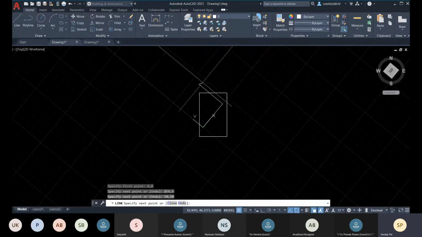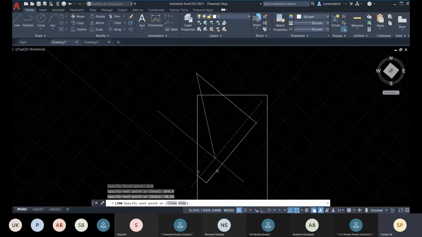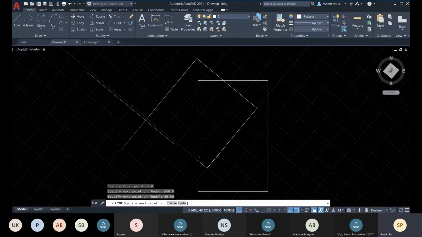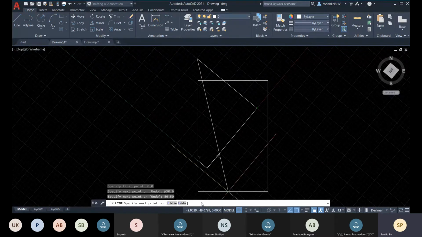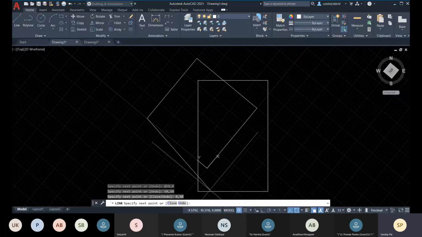And there you can see from the last end the segment is continued. For the next segment you just have to place another endpoint. Let me place another endpoint, that will be 0 comma 50, enter.